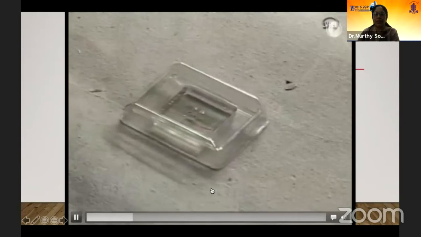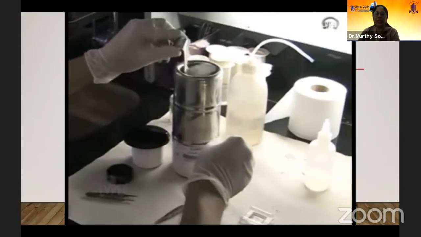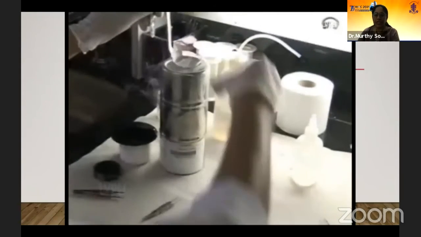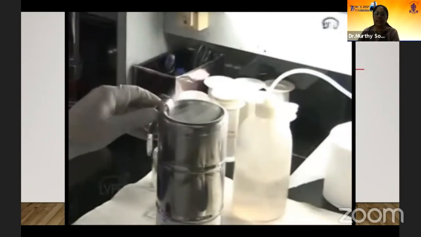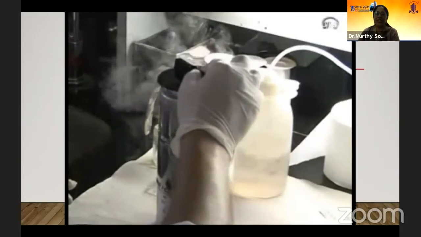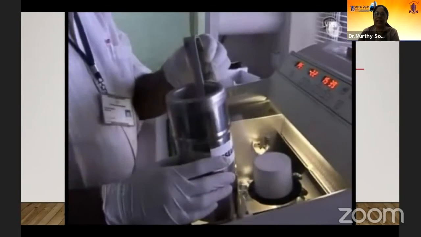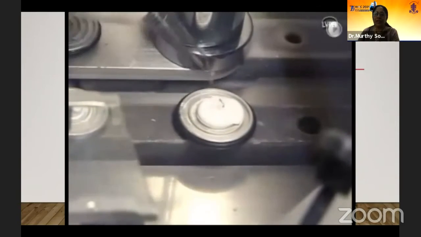sample is placed on OCT or optimal medium, which is a medium to be used. And in this medium, the tissue is laid out flat. And this is liquid nitrogen, in which we immediately freeze the tissue. The tissue is frozen in that. And from the operating room, the same casket is taken up to the pathology lab. It will freeze very fast in the optimal compound, which is required for freezing it.